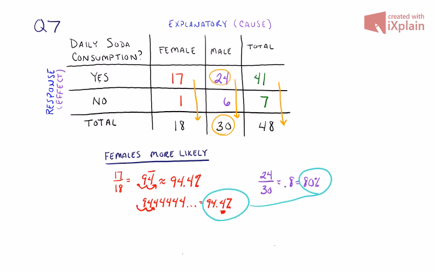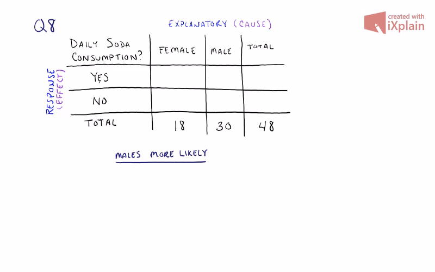All right, so now we're going to take a look at question 8. Bear with me, I'm going to clear my board so we can start fresh. Okay, so for question 8, they're just flipping this on us. Now we want to model a situation where we interview 48 people, 18 of which are female, 30 of which are male, and we want to make it so that the males are more likely to have a